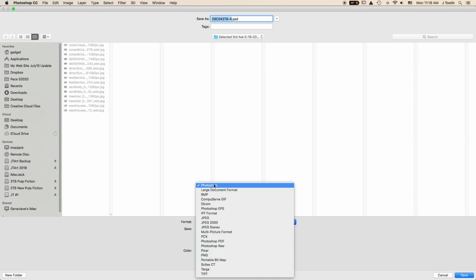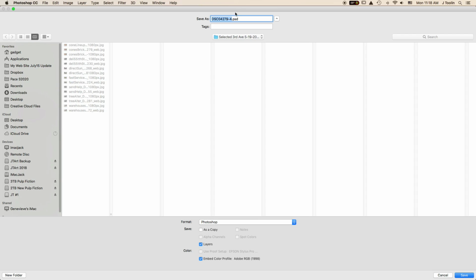So I'm going to save it as a Photoshop file, which is .psd, right? And when I save my files, I give it a name, like Cone's Wall, so that I can recognize in the name roughly what the image is going to be, Cones and Wall, right? And if I'm going to do some editing in Photoshop, maybe I've done some more color adjustments, some exposure, maybe I've added a vignette in Photoshop,